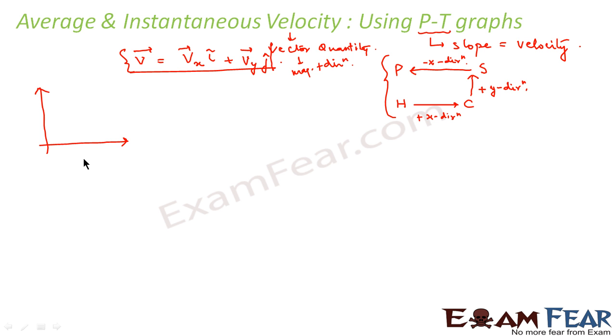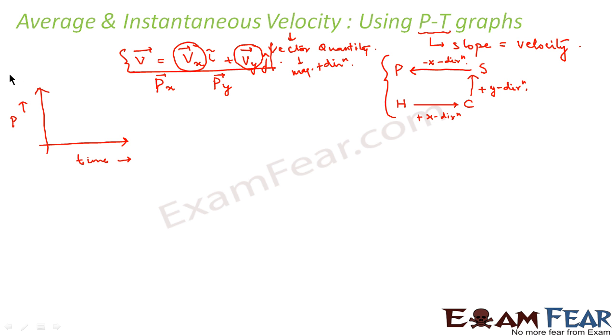In the case of the position time graph, we will take time along the x-axis and position along the y-axis. Now since we have two different components of velocity, along the x-axis as well as along the y-axis, for position also we will have similar things. There will be one component of position or displacement along the x-axis and another component along the y-axis. So how will we plot the position time graph? We will plot two separate graphs for position, for the change of position with time along the x-axis and the change of position with time along the y-axis.